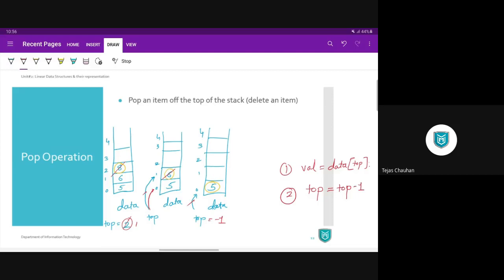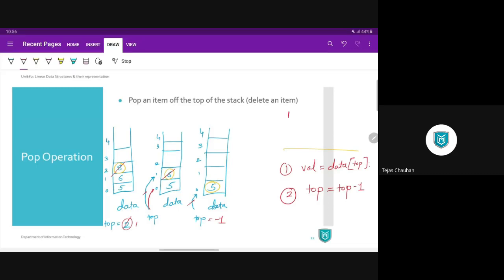So the third time I was able to pop a value, because there were a total of 3 values, so I can pop 3 values. But now if I go for a further delete operation, top is pointing to -1. -1 is not a valid index, which means my stack is empty.